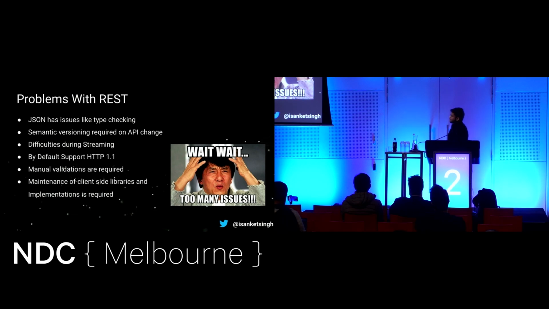By default, it supports HTTP 1.1. I know that we are discussing a lot of networking things, but I can't help it. I used to work in the networking team earlier at Google, so just bear with me. We'll be coming to the coding part. But talking about REST's HTTP support, it by default supports HTTP 1.1. You can migrate to the latest version, but by default it gives you this functionality only. You have to do manual validations,